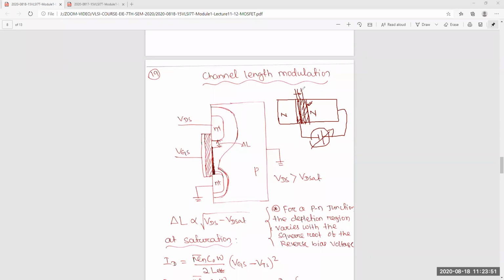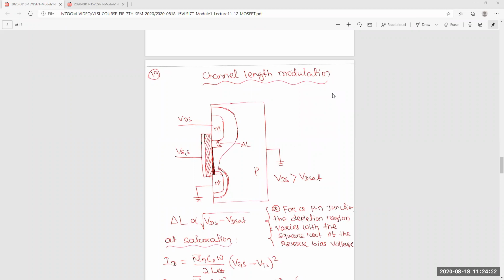Okay, due to that depletion region. Because it's lightly doped, depletion will extend towards this. So finally the effective base width is less. So that is called base width modulation. Very simple. Now you are understanding how simple it is. This is width modulation, width change. Base width change. Modulation means there will be some change. So base width will be changed.